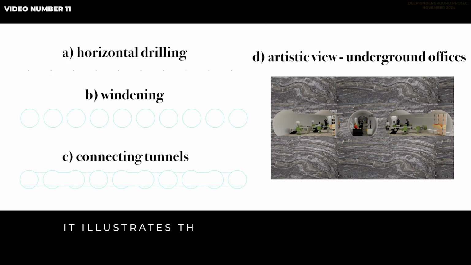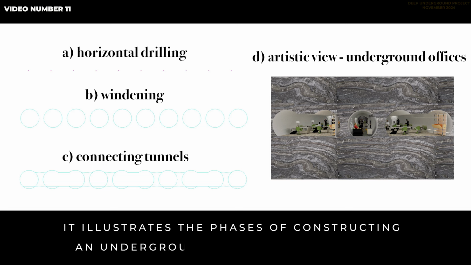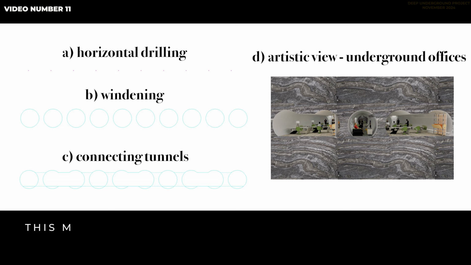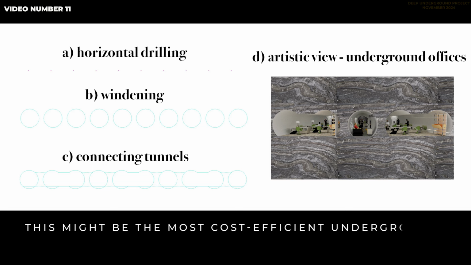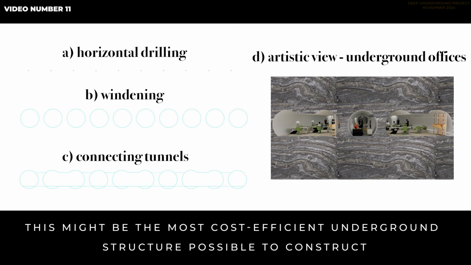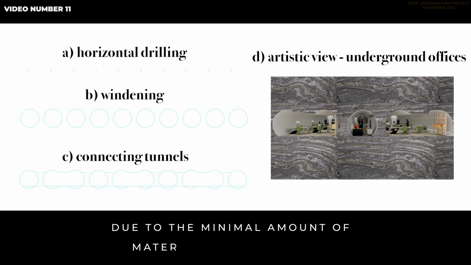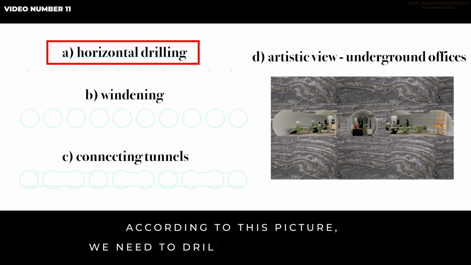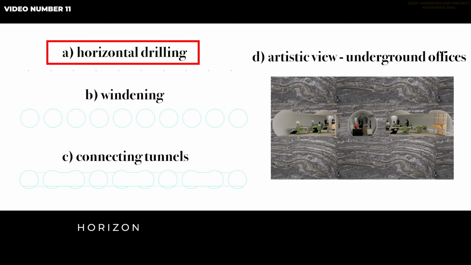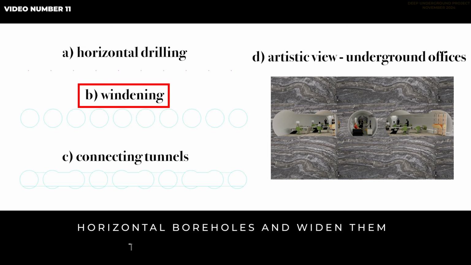Video number 11, Costs. Remember this picture? It illustrates the phases of constructing an underground facility using pillars. This might be the most cost-efficient underground structure possible to construct due to the minimal amount of material to be excavated. According to this picture, we need to drill 10 100-meter-long horizontal boreholes and widen them to a diameter of